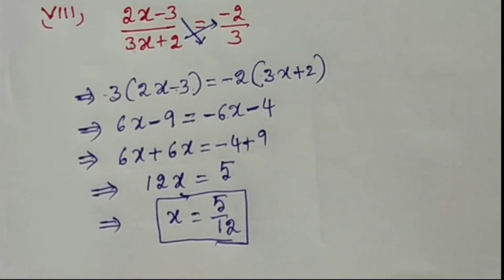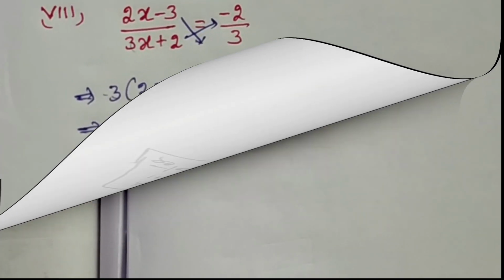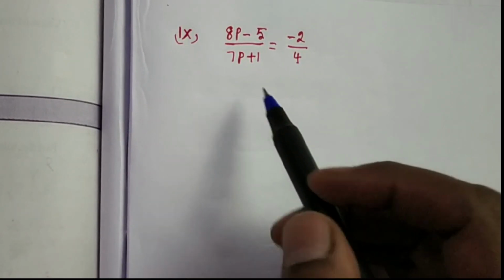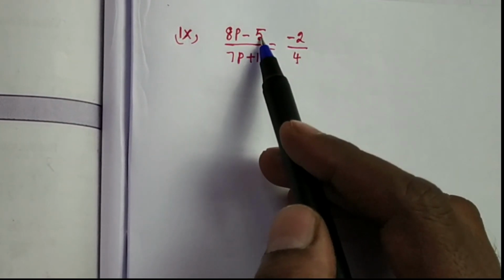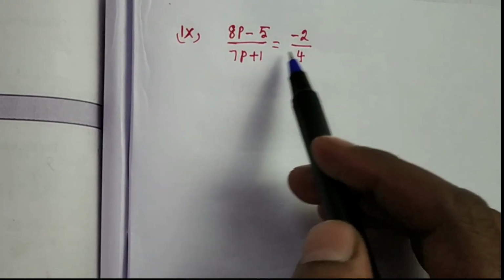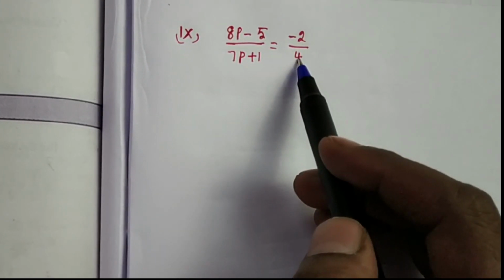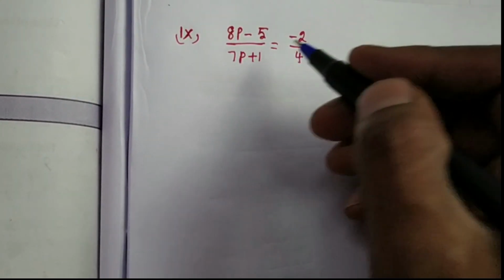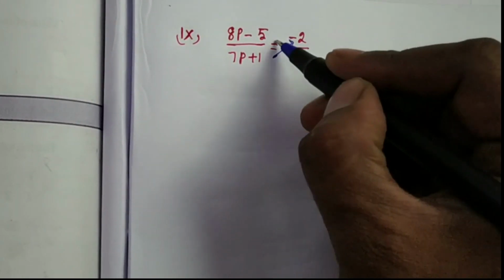X is equal to 5 by 12 here. Next problem, ninth problem, that is (8p minus 5) by (7p plus 1) is equal to minus 2 by 4. So how can we solve it? By using the cross multiplication method. So cross multiply,